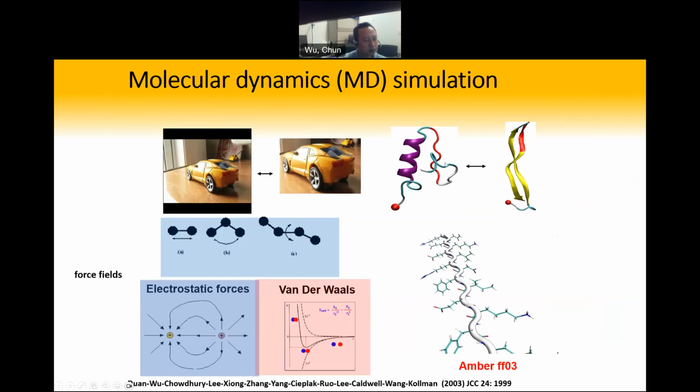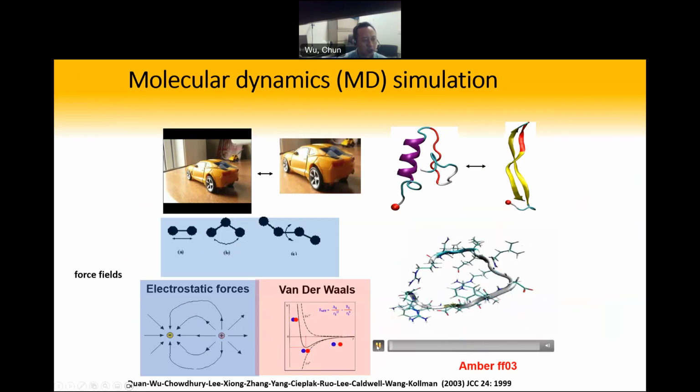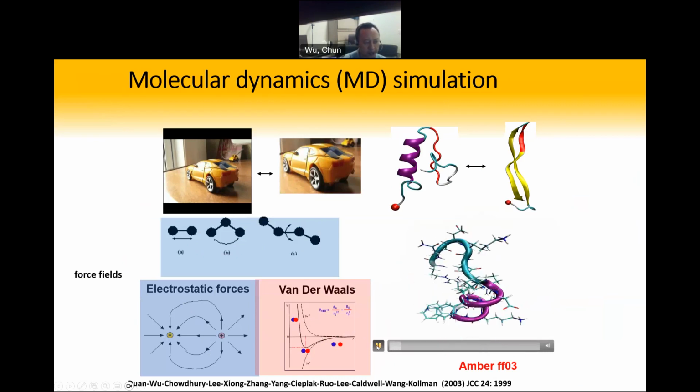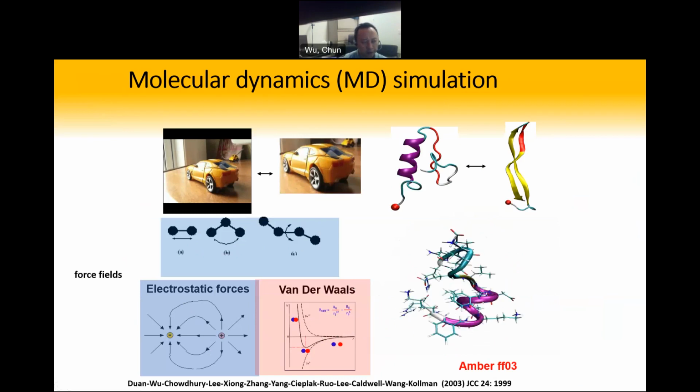So if we want to model the dynamics of the biomolecule, we can develop the parameters that define the molecular interaction, for example, bonded interaction, and long-range interaction like electrostatic and van der Waals interaction. With all those parameters describing those interactions, we can apply Newton's law to a given initial position and find out the